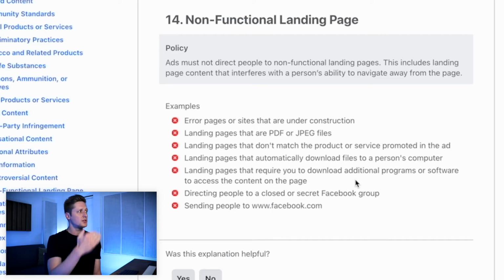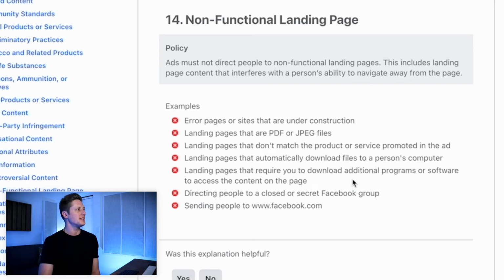Not a big deal. For the two rules underneath it, you have landing pages that don't match the product or service promoted in the ad. If your link redirect is something like hotgirls.com and it redirects to Spotify, yeah, that's a problem. But if it's something like tomdupreethe3rd.com/hero, I think the argument can be made that you're going to a song called Hero. It's pretty obvious that I'm a musician and I have a song that is called that.